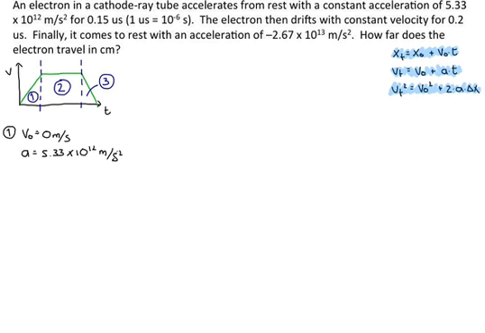Okay, all of those meters per second squared. So as the electron accelerates, the speed is going to start increasing. And we know that the time for which the electron is going to be accelerating is going to be 0.15